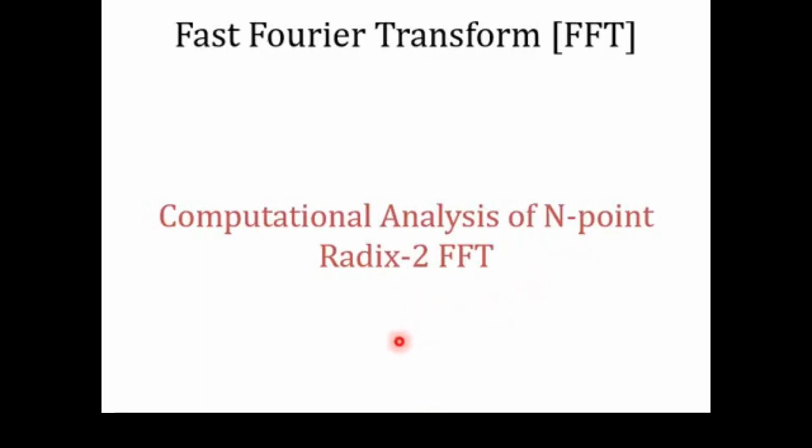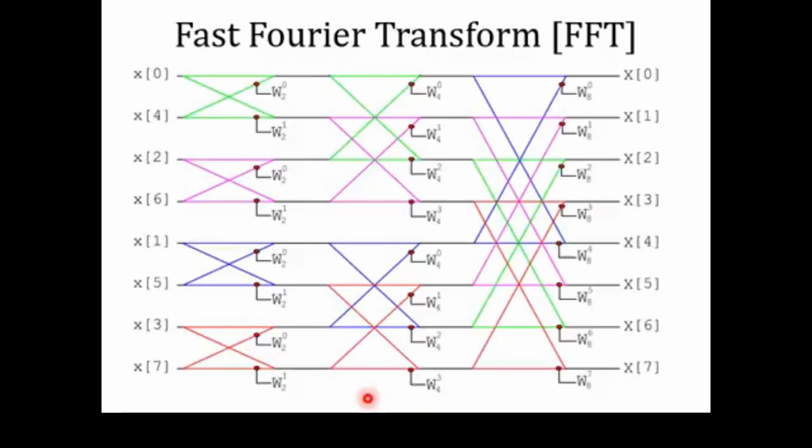So the basic objective of this lecture is that we have to find how many multiplications and additions will be performed by our computer for n-point Radix-2 FFT. And this is the Radix-2 FFT structure, which is also called a butterfly structure or a crisscross structure. And the basic building block of this FFT structure is a single butterfly operation, which is represented by a single cross structure. So this is a single butterfly operation, this is another butterfly operation, this is the third butterfly operation,